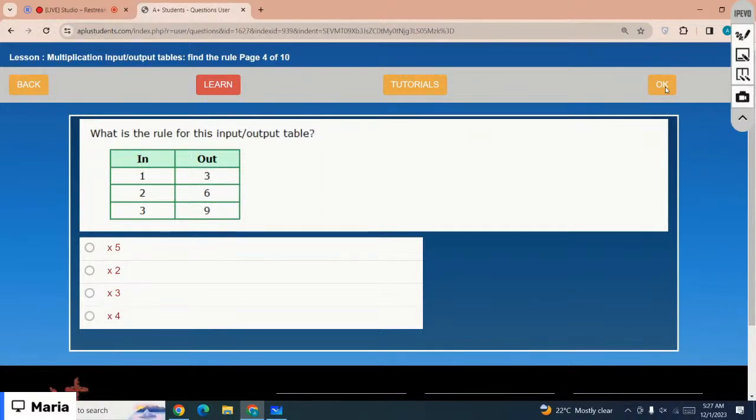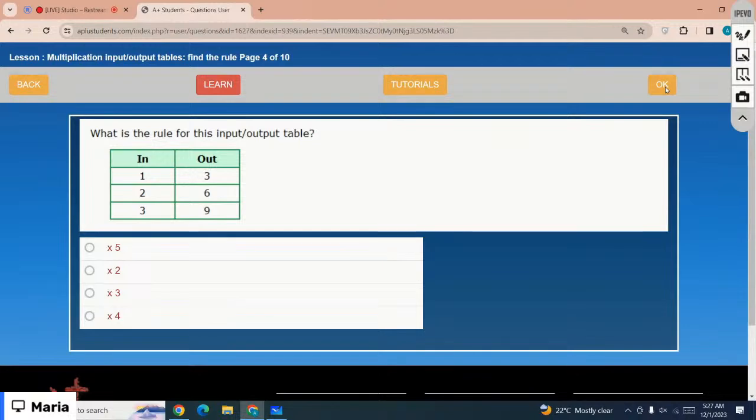So which is the correct option? 1 times what number is 3? 2 times what number is 6? The correct option is